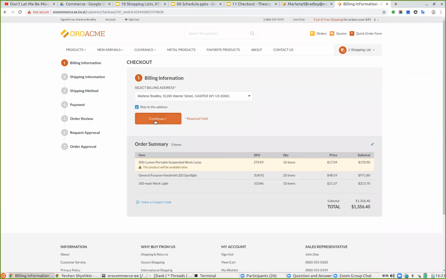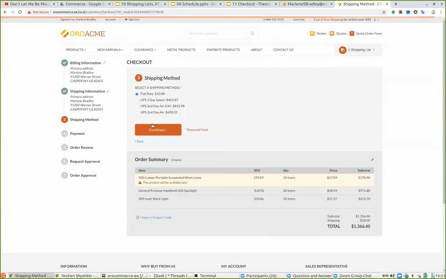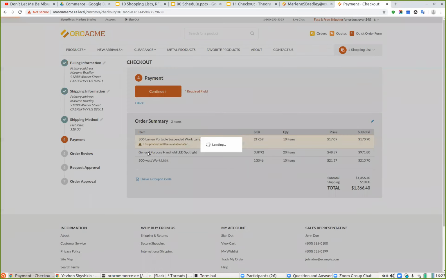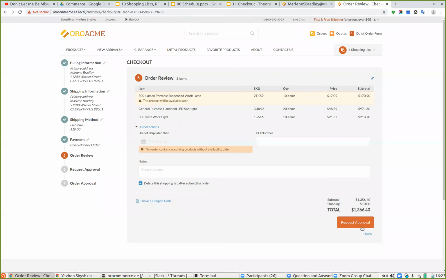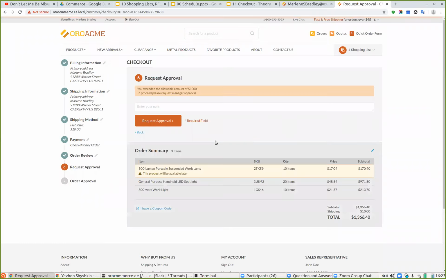So here we are going to do exactly the same thing. Shipping method, payment method. However, pay attention that the button which was here called submit order is now changed to request approval, because this customer does not have an appropriate permission to submit such big orders, and this order requires approval from the administrator. So what we're going to do right now, we're going to click request approval, specify here some kind of note,